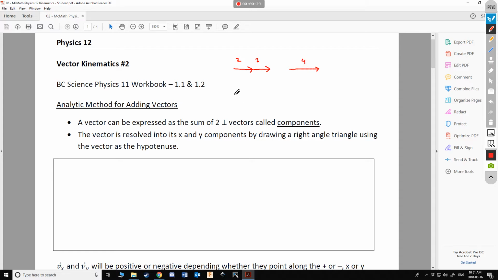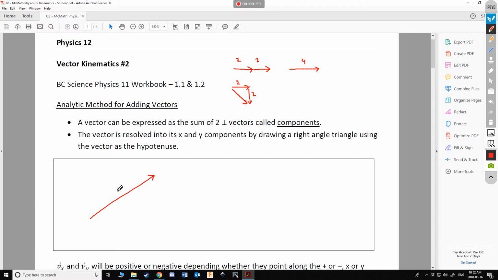However, if we had two vectors like this, 2 and 2, we cannot simply say 2 and 2 is 4, because the vector, in this case, is talking about displacement. We're wondering what the length of this line is. One of the key ideas we want to remember is that any vector in two-dimensional space, and this also extends to three-dimensional space in future topics as well as in university if you choose to go the physics route,